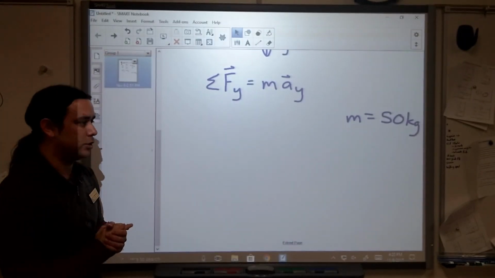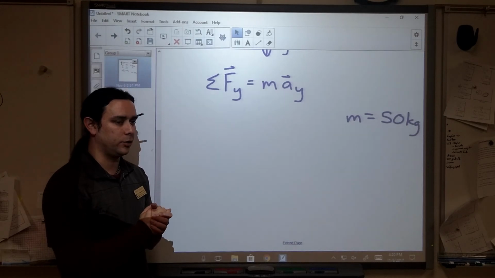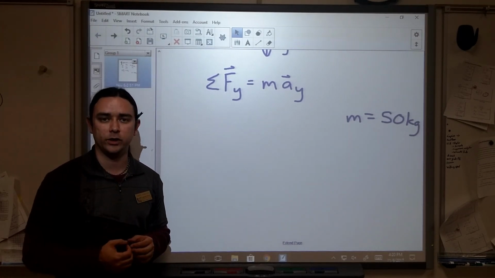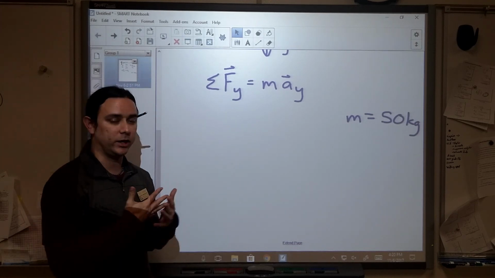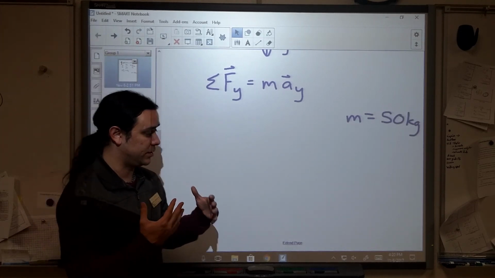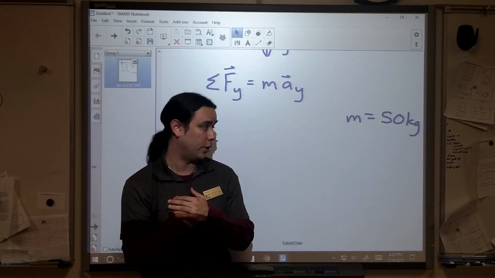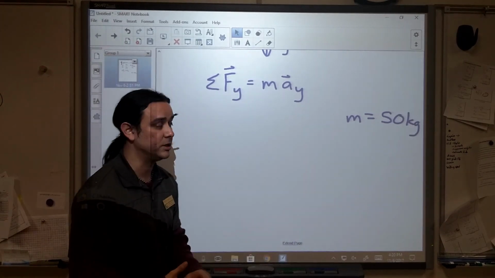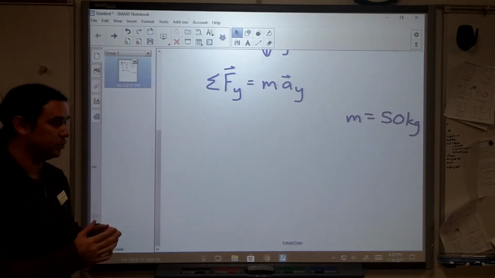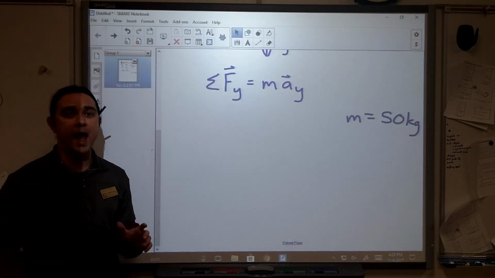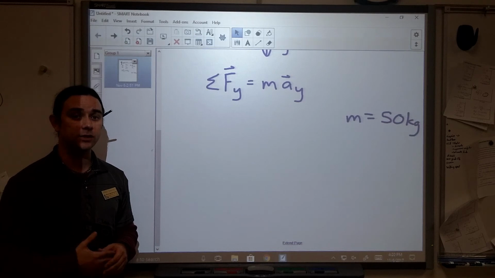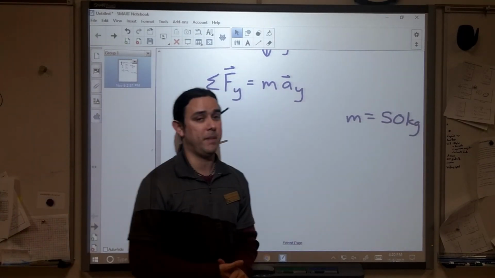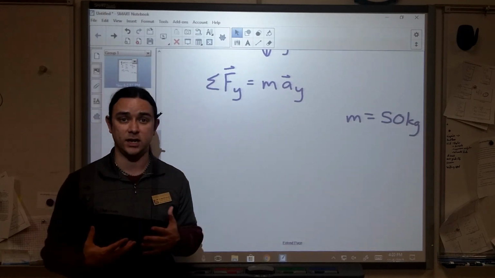Now, that's another thing that I want to mention about this. In class, we've talked about it a little bit, but mass is something that you get just from the amount of material you get. So we can take me into deep space, and let's say that I have a mass of 50 kilograms here on Earth. If I were to go into deep space, I would still have a mass of 50 kilograms. I could be standing on Jupiter, assuming you can stand on Jupiter, and I would have a different weight. There would be a different force of gravity on me, but I would still have the same mass of 50 kilograms